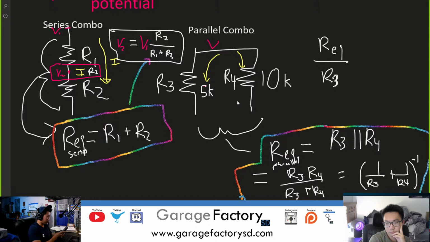Products over sums, 50 over 15K, and get 3.33. So the REQ is going to equal 3.33K, and R3 is 5K. So then we're going to get 2/3